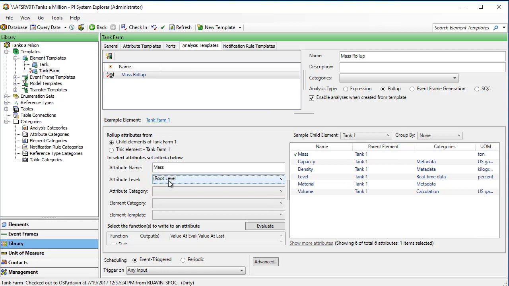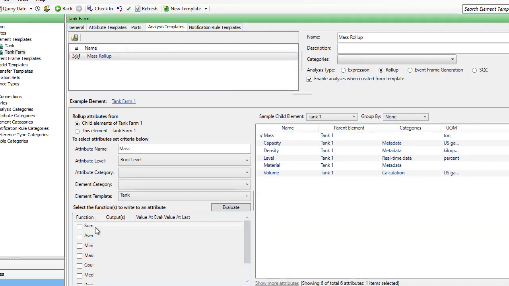The mass is on the root level of the tank elements. And we can even be more specific. We can say we want only to calculate the mass attributes that come directly from a tank element template. The biggest thing, of course, is the function I want to have. And as you can see, that's obscured. So I'm going to briefly maximize my screen. And you'll now see several functions that appear.